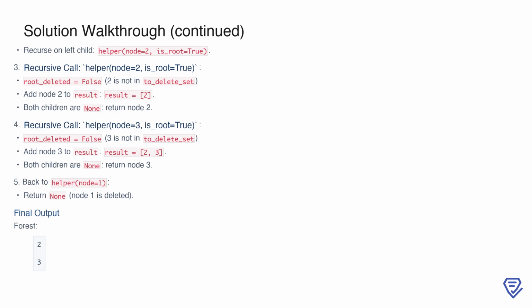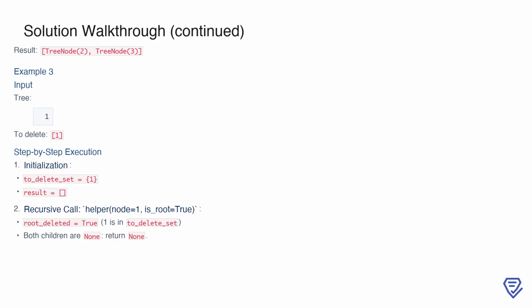Next, we move to the right child of node 1, node 3, which is also treated as a new root. Node 3 is not in the to_delete_ set, so it is added to the result list. Similar to node 2, it has no children, so we return it as is. Returning to node 1, as it is deleted, the return value for this call is none. The final output for this case is a forest consisting of two separate trees with roots at nodes 2 and 3. The result for this example is a list containing two trees, one with root node 2 and the other